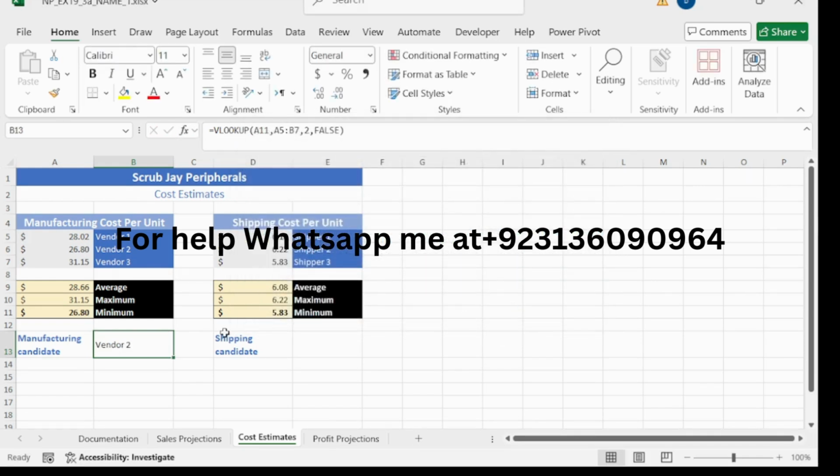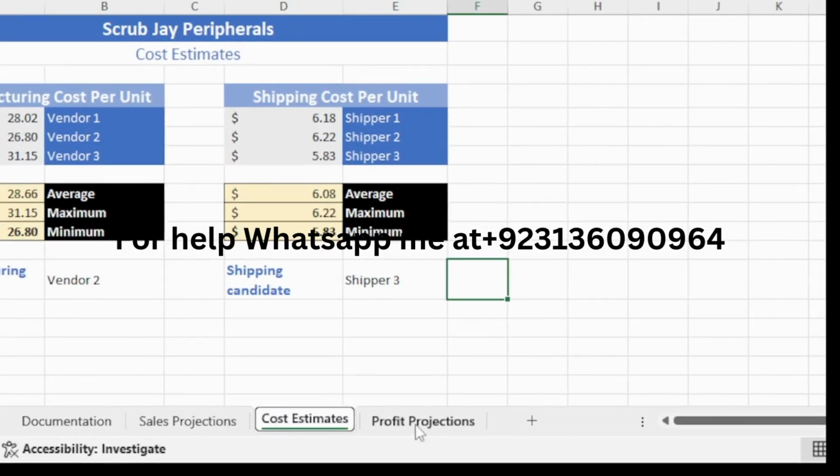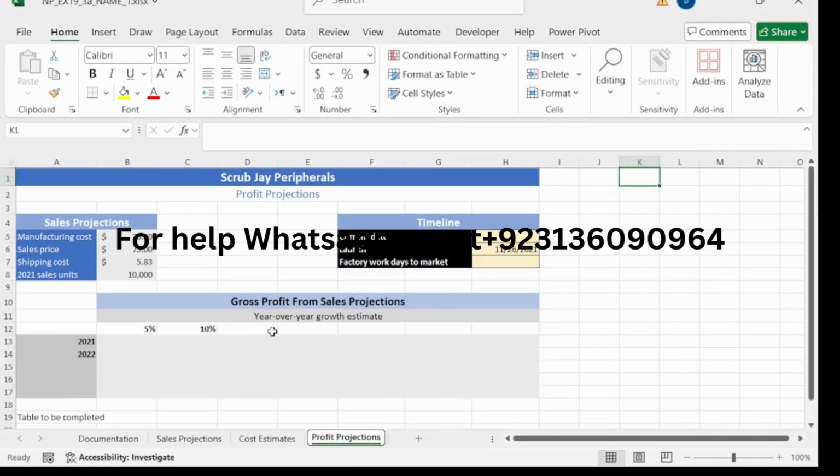And copy this formula. So copy this formula to E13. This is cell E13 and here Control V. So we have completed our step number 8. And our step number 9 is switch to the Projection worksheet. So this is the Projection worksheet. Switch to the Projection worksheet in cell H5. This is cell H5. Enter a TODAY formula.